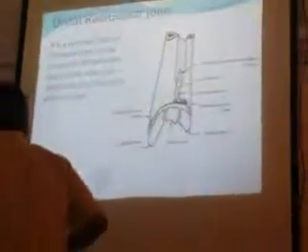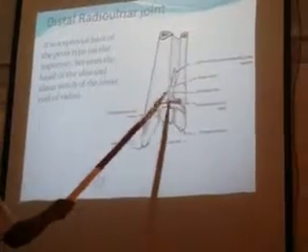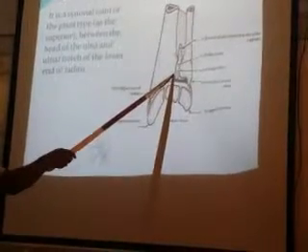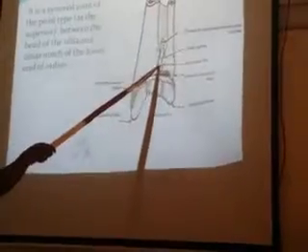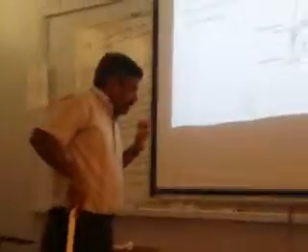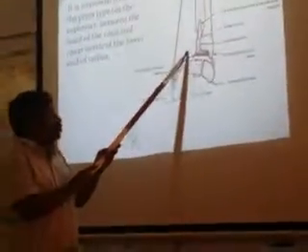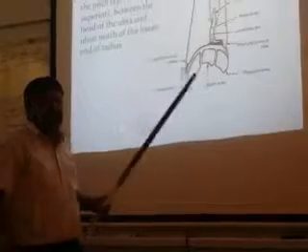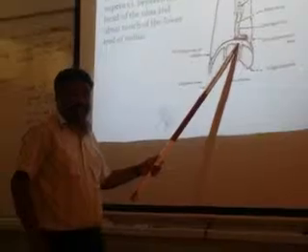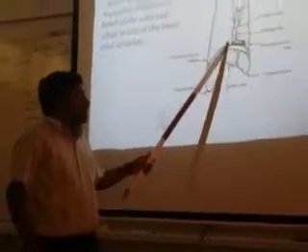Now the distal radioulnar joint. Here also there is an ulnar notch on the radius and the ulnar head, and here also it rotates. That is again the same pivot variety of synovial joint. The thing which keeps these two bones together, a very important ligament, is the triangular ligament or the articular disc, which binds the radius and ulna together.